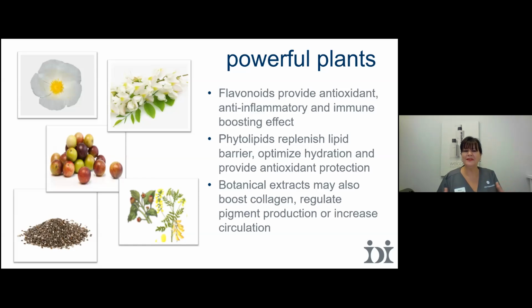So that sounds like a really big terminology, fibroblast proliferation. But if we think about our fibroblasts, those are the precursors to our collagen and our elastin. And proliferation just means that we're going to get more of them. So we're going to get more of the things that give us collagen and elastin. So this complex of Huang Qi and Paracress gives an instant tightening effect and continues to improve skin quality by